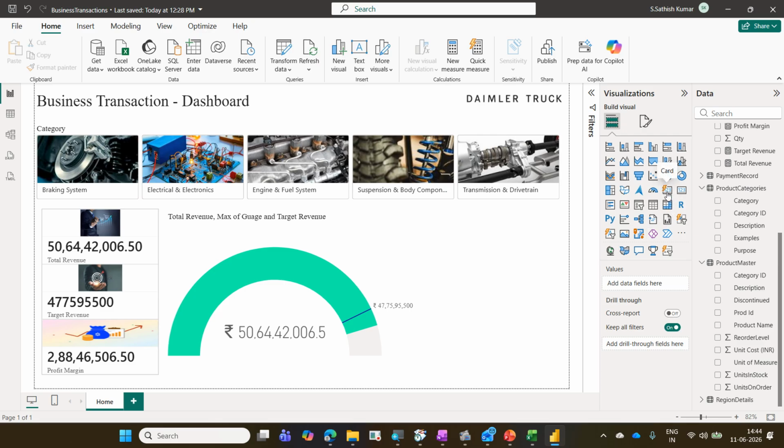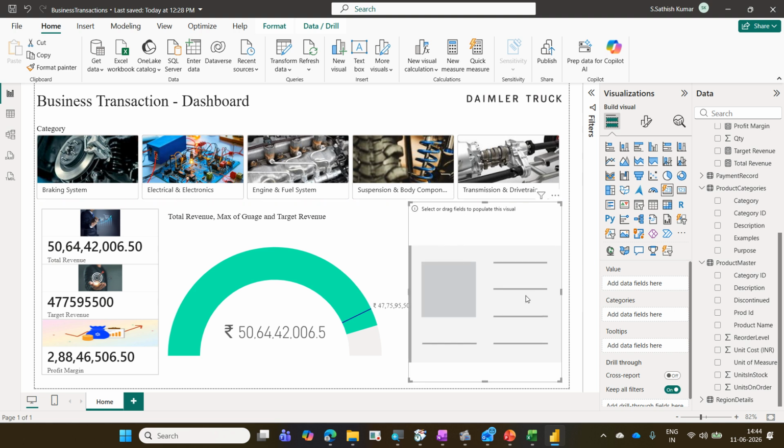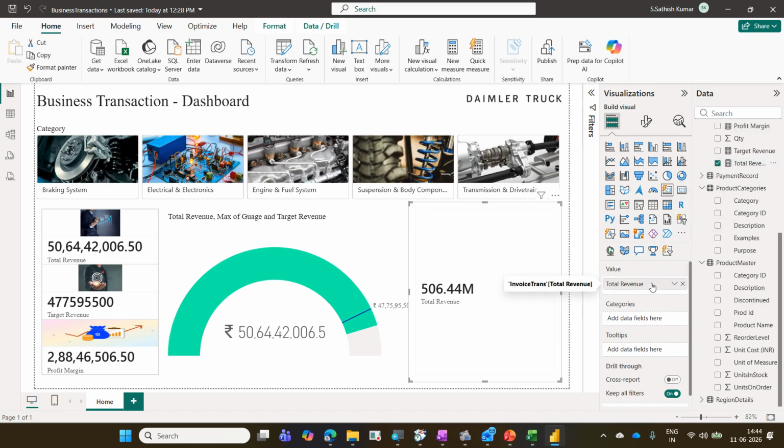I insert that Thunderbolt card here. I want to know the revenue for each region wise. So let us bring the total revenue into the value area. After inserting the card, I'm bringing the total revenue into the value area. We got this. Then this total revenue should be for each region wise, South region, North region, East region, West